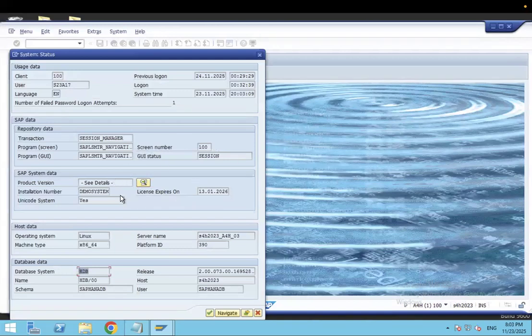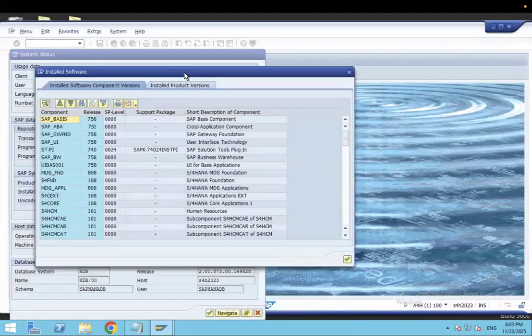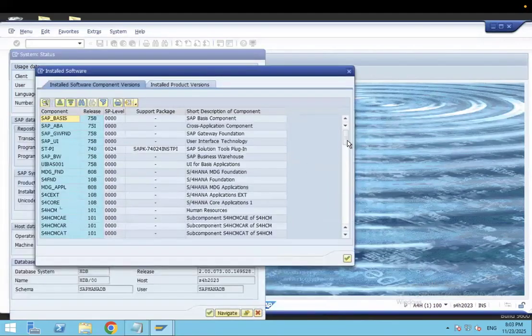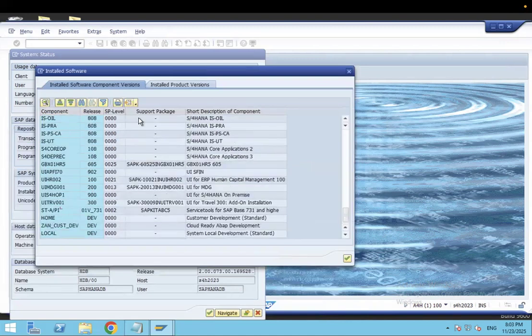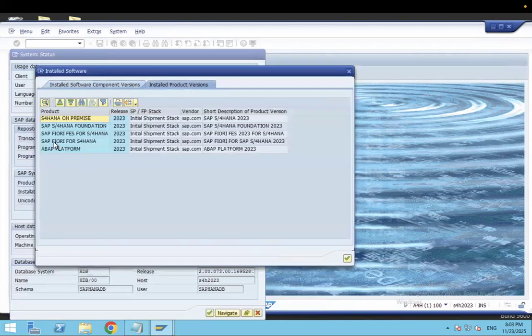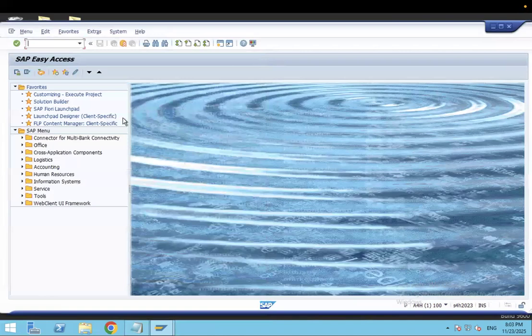If you want to see the version and other details, you can go to the system data here. You can see all the details on this screen. You can even check the installed product versions. If you click here, you will see the product versions: 2023, the ABAP S/4HANA product version. This is the way you can check initially once you log in